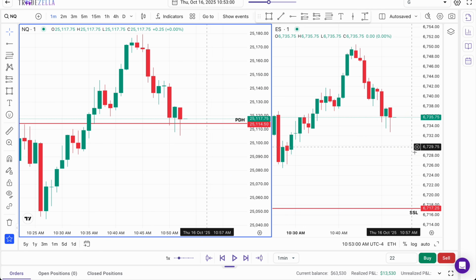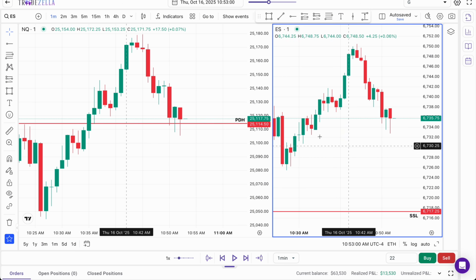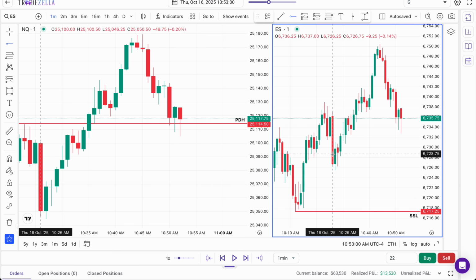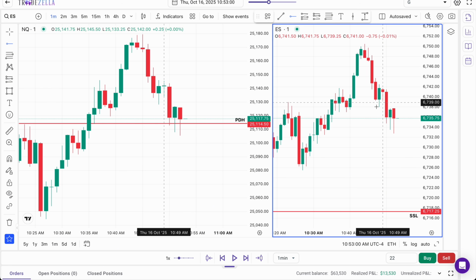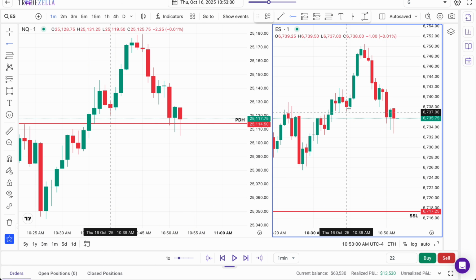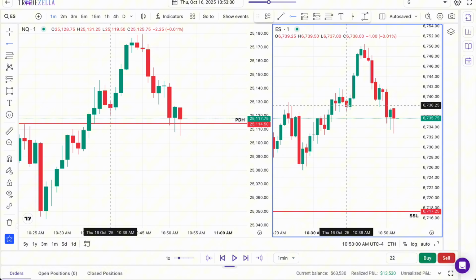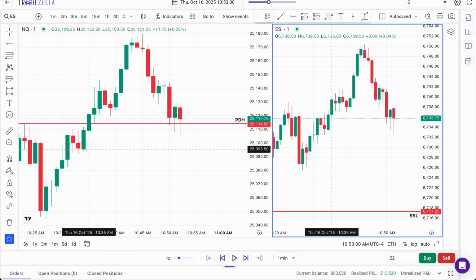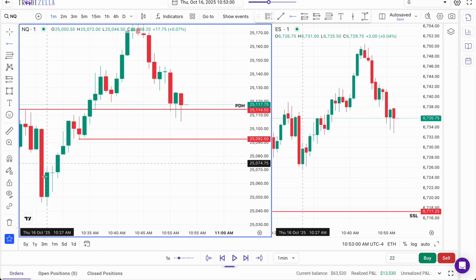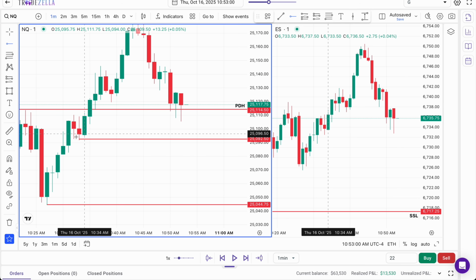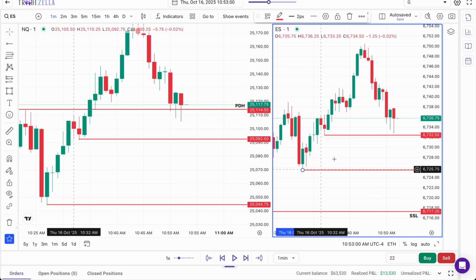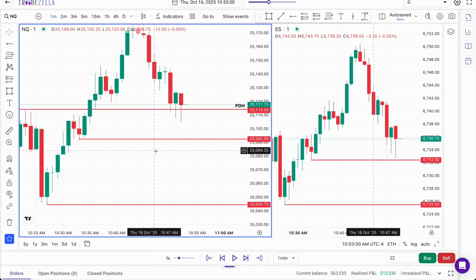Okay, so points of liquidity to watch out for this trade, and if they are taken, it would invalidate the trade, is that we've shifted market structure below this 1 minute low, and this is not a substantial low because this is actually a bullish order block that got inverted, which is paired with the gap on ES. So that's actually a confluence with taking this low and inversing this bullish order block, which is actually paired with this fair value gap. Points of liquidity that we do not want to see get taken, which would invalidate this trade, is this 1 minute low, this 1 minute low, and the same one on ES, and also this 1 minute low.